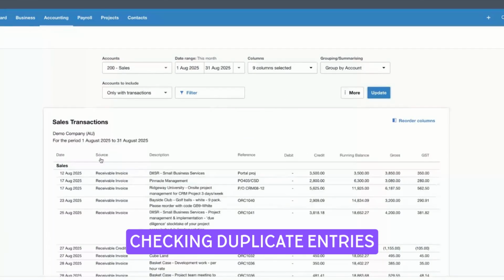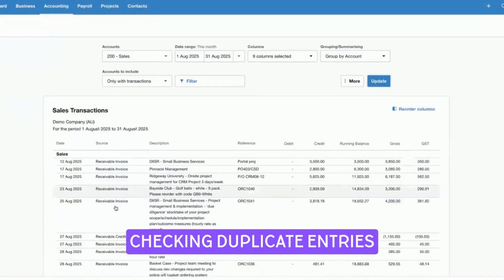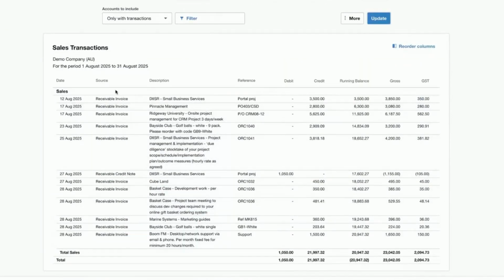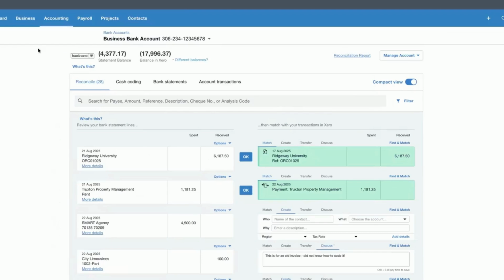Now see here where the source is receivable invoice and credit note. So if there was a duplication, it would also have source as receive money,